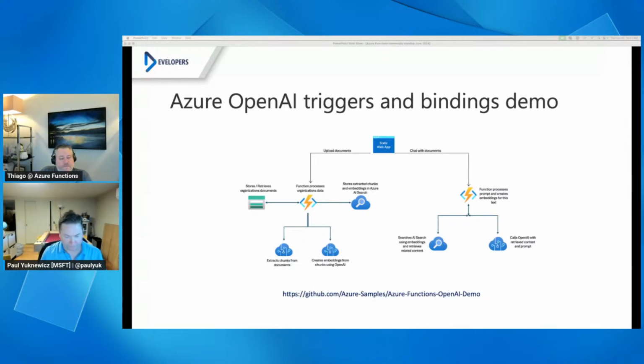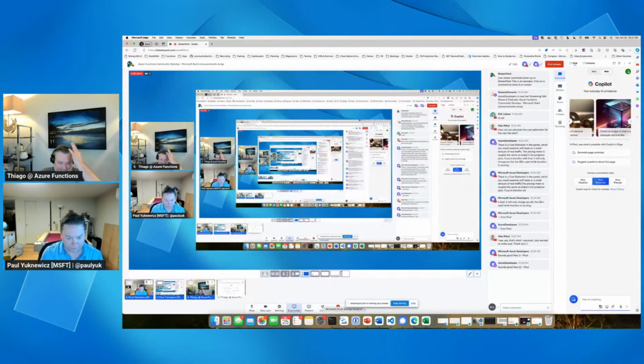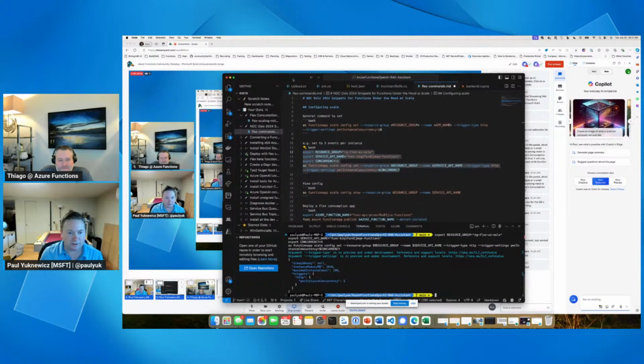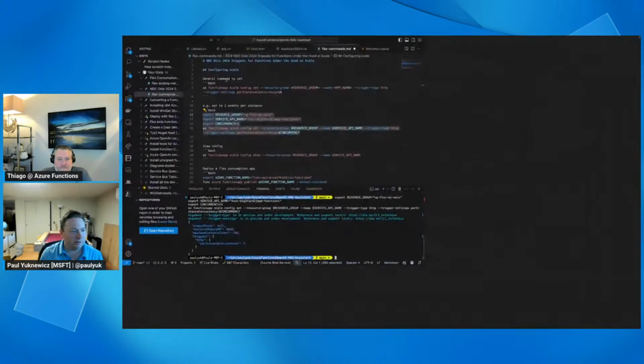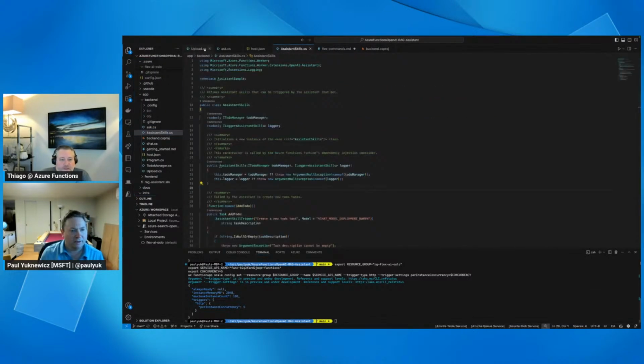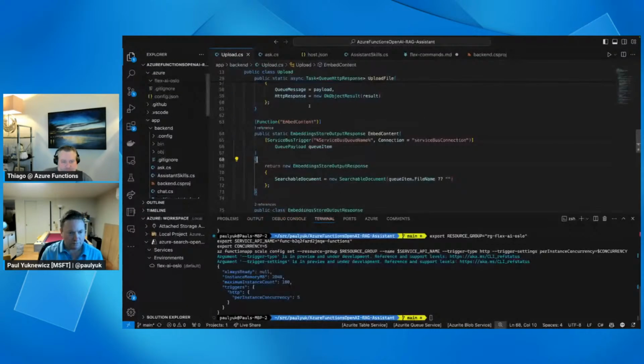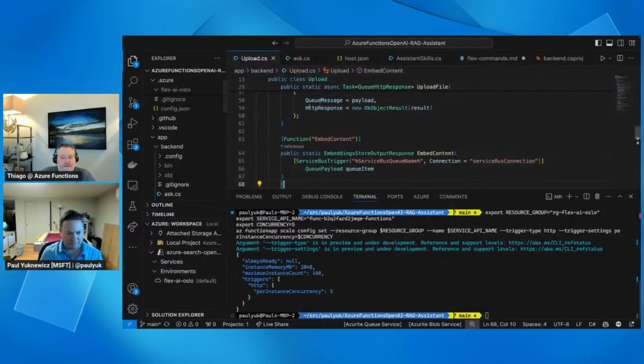Okay, so I think I will switch to my shared screen. Oh, look at that crazy picture. Sorry about that. All right, so let's start with VS Code. Make that bigger. Does that look good, Thiago? You can see the screen, basically. I might need to zoom in a little. Okay. Do a Command plus a few times. Yeah, that's good. That's better.